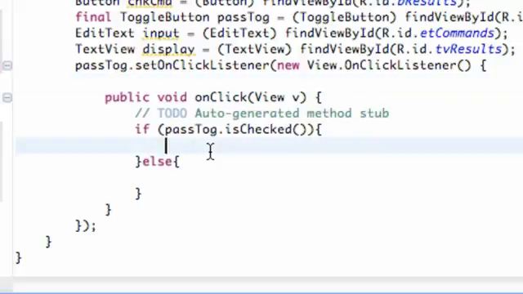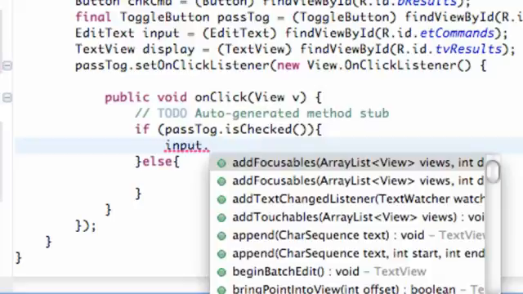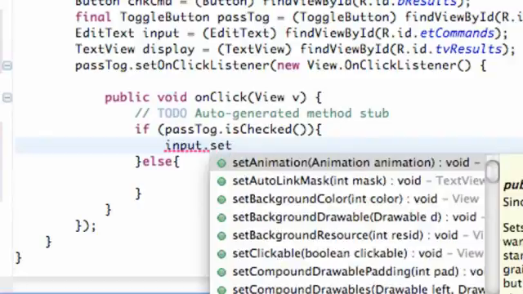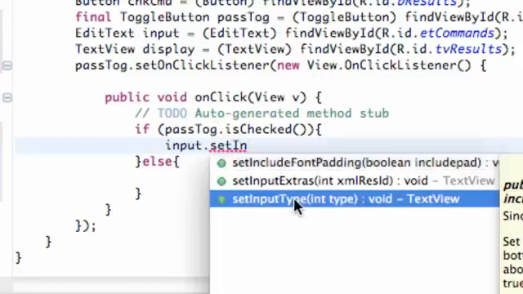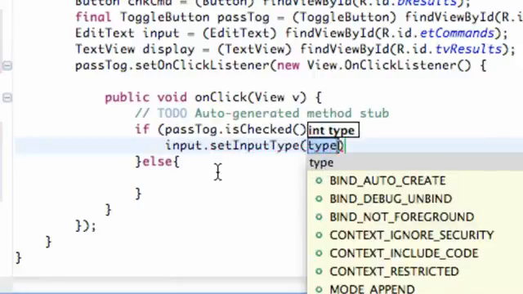Now what we can do is we're going to use the EditText variable that we set up here, and we have it referenced to our EditText in the XML, and we're going to change that. So we called the EditText input, so we're going to say input, and hit dot, and then we're going to set the input type. There's the password type in a text view, or a number for the most part. You can make them only be able to put in numbers, stuff like that. So we're going to say the method set input type, and as you can see it's a text view type for the most part, and within the parameters,